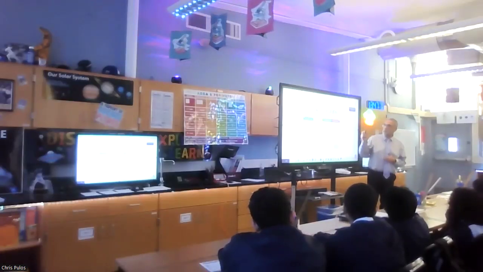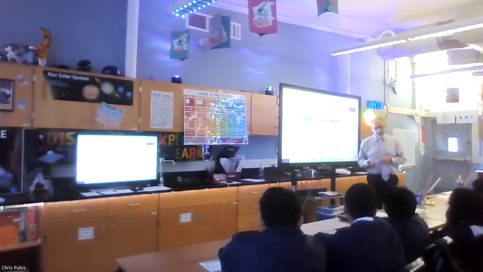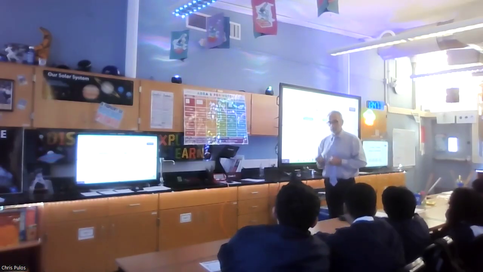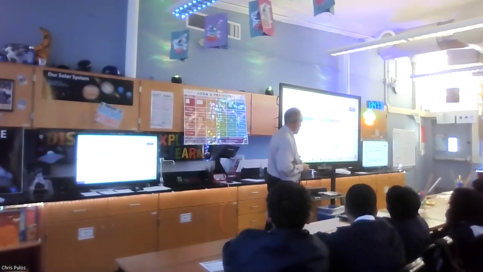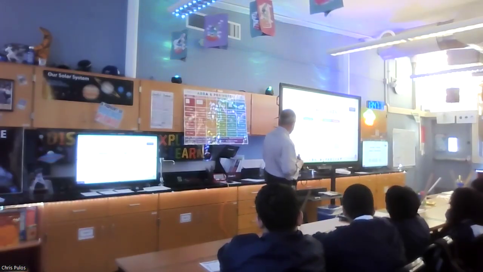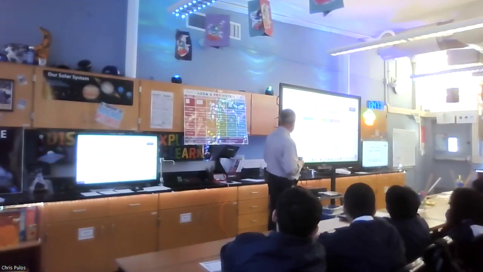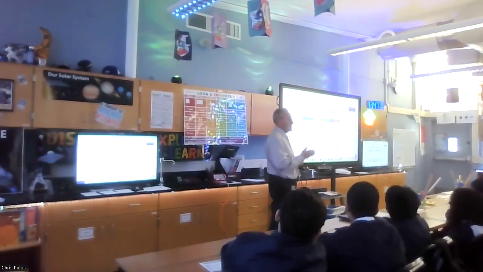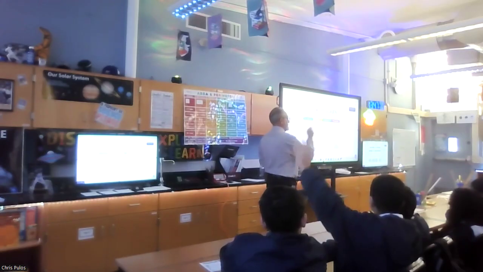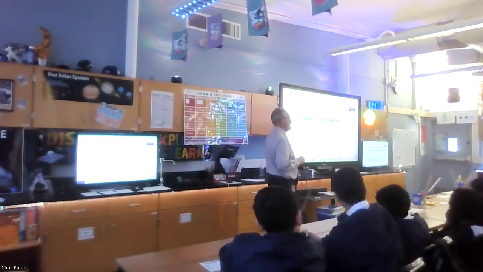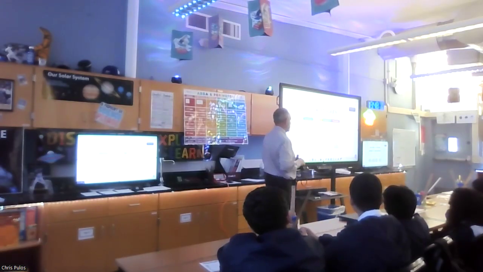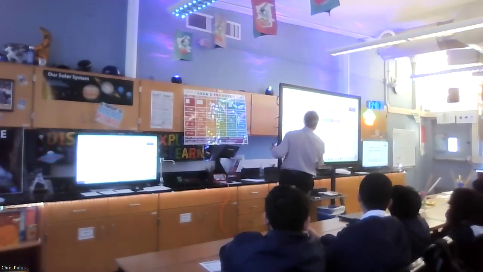So now I'm going to read something to you, and I want somebody to tell me which sphere it goes into. Number one. This sphere is made up of the parts of the earth where life exists. It includes living organisms in many biomes on Earth. Yes, ma'am. Biosphere, yes. Living stuff. Biosphere.